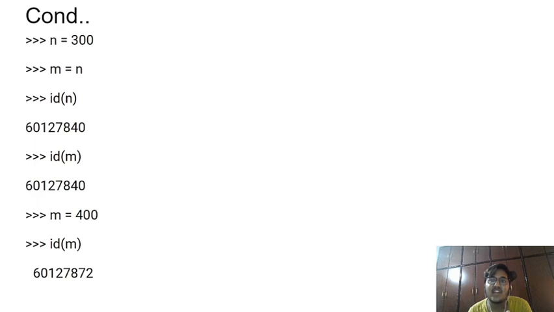If n is declared with 5, you can change the data type to a string. That is the conclusion we got. The second conclusion is, if two variables have the same value, they will have the same address. And the third conclusion we have derived is, if a variable is assigned something, then the type depends on the assignment. That's it for this video, guys.